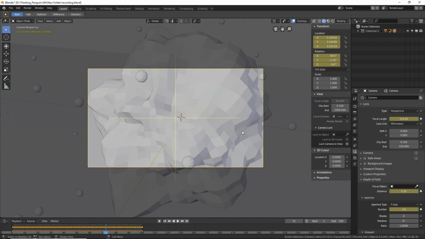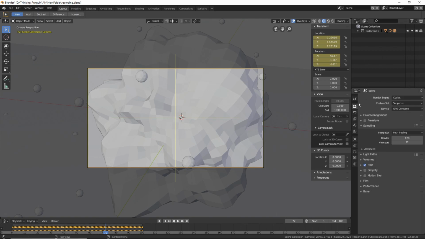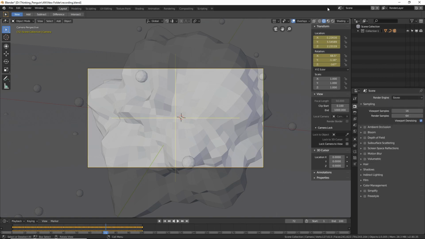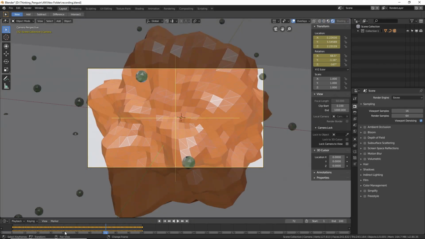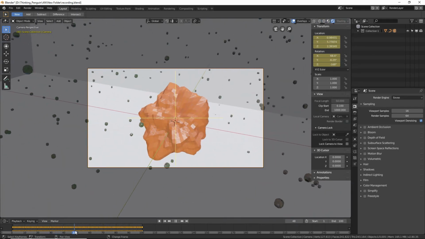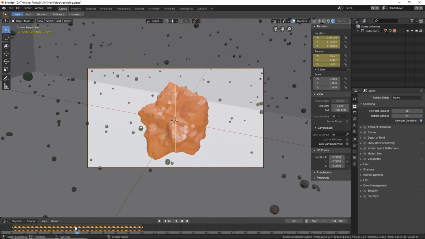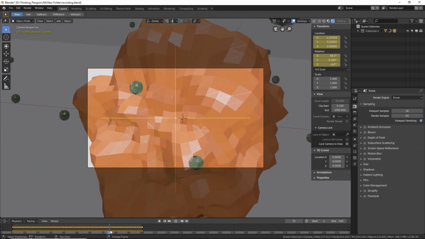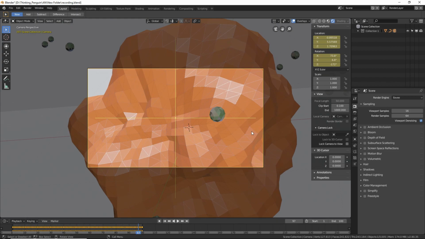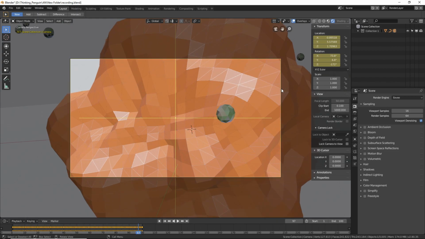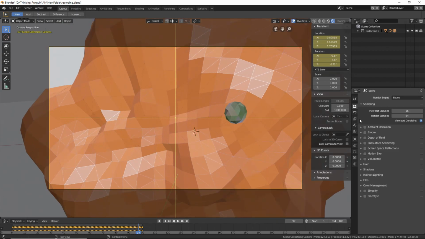But I want to use Eevee, so let's go back to the render settings tab and change the render engine from Cycles to Eevee, and let's turn on the rendering button, and you see it's working, except there's only one attribute that is not working, and that is the f-stop. Because if you go into the settings